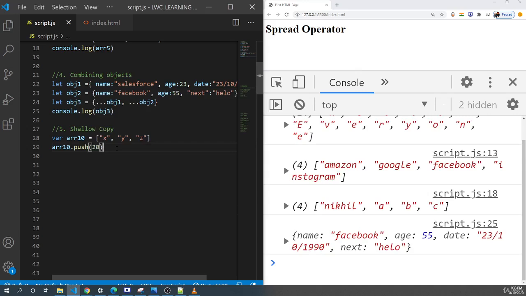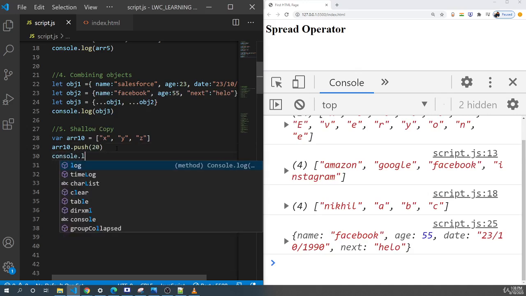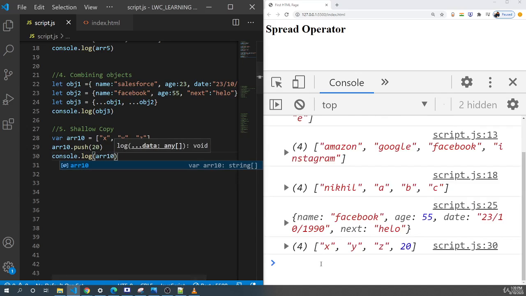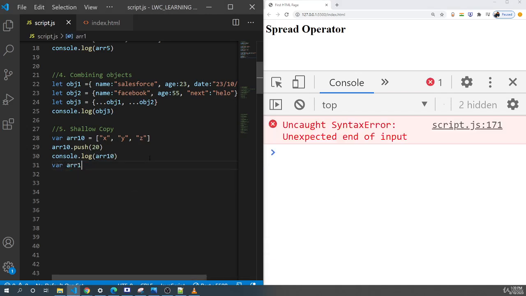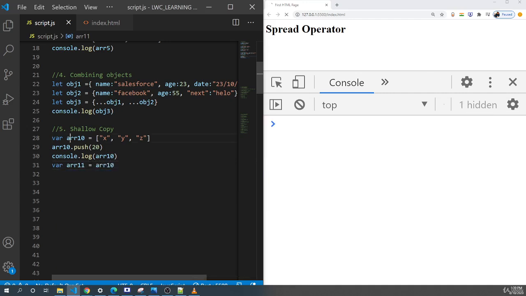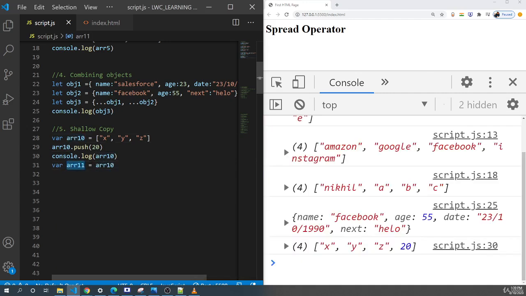and if I say console.log array 10, it's printing x, y, z, 20. That's working perfectly fine. Now I'll take a copy of array 10. I'll say variable array 11 is a copy of array 10. So whatever is inside array 10, I'm pushing into array 11. And now I'll say array 11 dot push